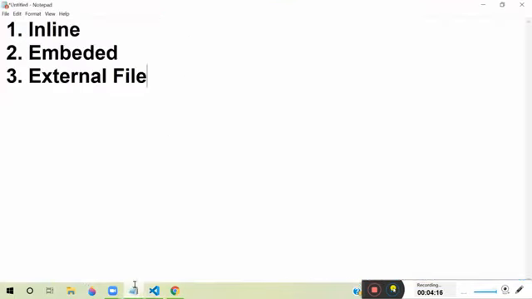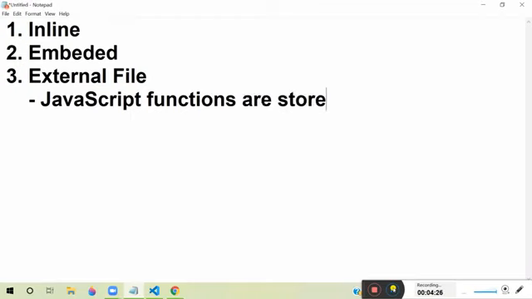That means JavaScript functions are defined in a separate external file,